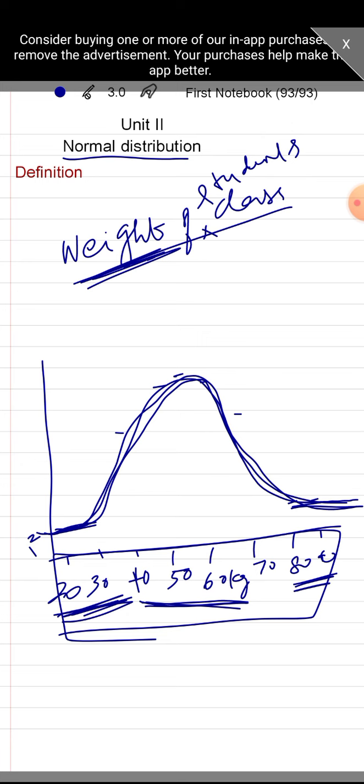shaped normal distribution. Okay, so when I am considering the bell shaped normal distribution, the peak value is nothing but the average. Okay? So we say that in the class, on average they will be in this range, on average they will be at 50 to 55 weight. So when we define it like that, this average, the peak value, this value is said to be the mean.